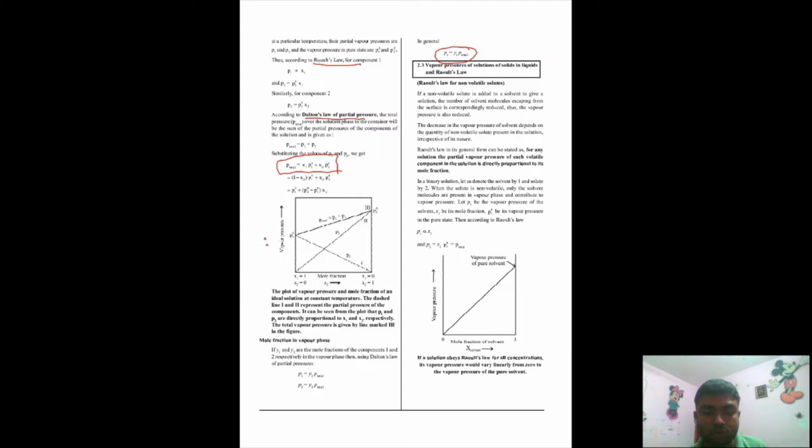Now you have to focus on these graphs because these are very important for comprehension. You can see how the vapor pressure of two liquids works: one component, let's say 1, has the highest vapor pressure when it is at its purest concentration, then it decreases to 0 when the second component's concentration is purest, where its vapor pressure is highest. And this is the expression: the total vapor pressure is the addition of both of the individual partial pressures.